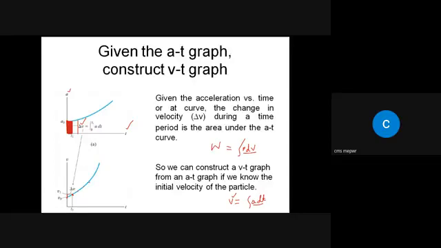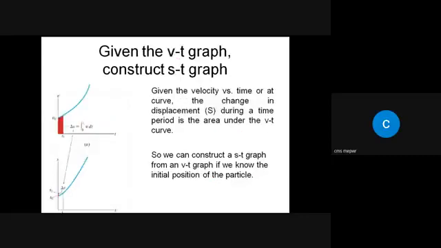So if you are given an at diagram, you can construct a vt diagram. Is it clear? Yes, sir. Okay. Similarly, if you are given a velocity time diagram,